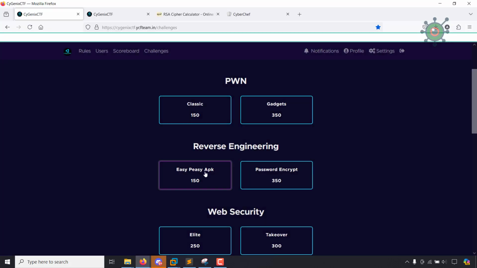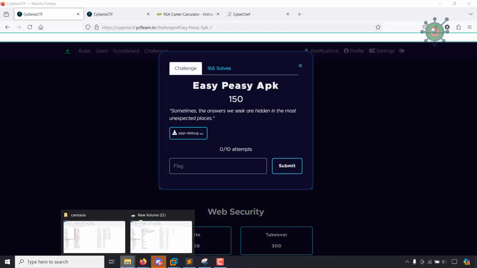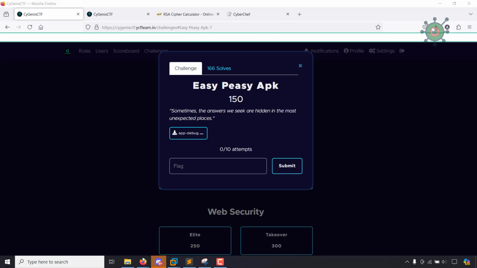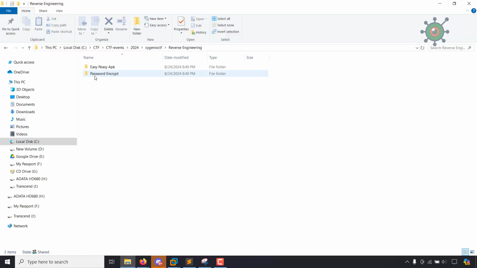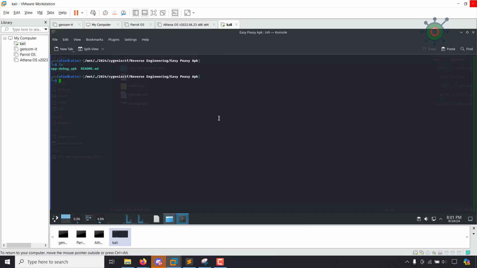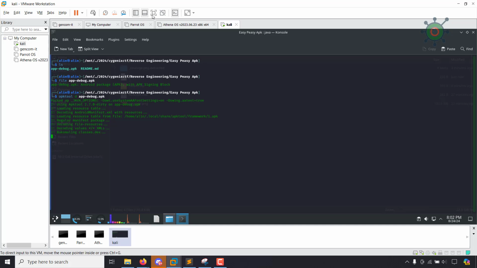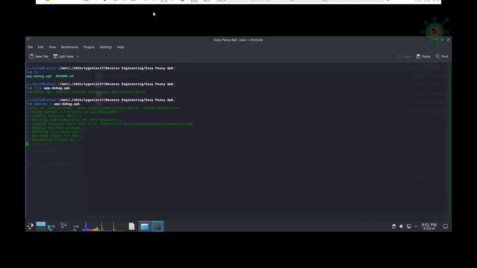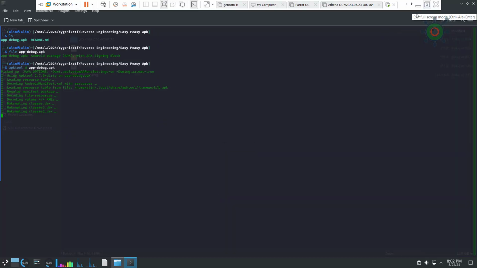So now Easy Peasy APK in the reverse problem. So check the attachment APK file. Now from Linux we use ls, now there's the APK file. Okay, apktool for decoding, use d. That is d for disassemble, apktool d, then the APK file name,